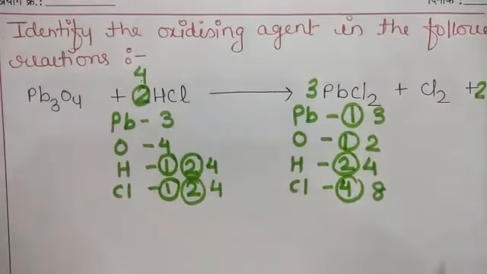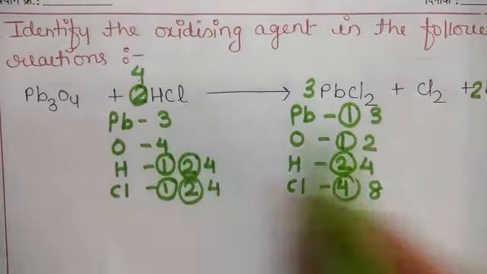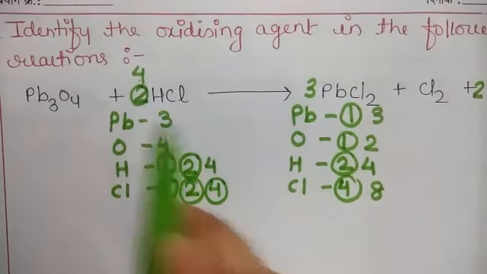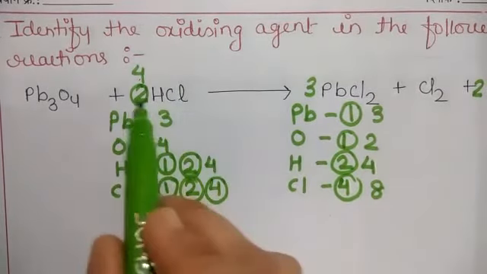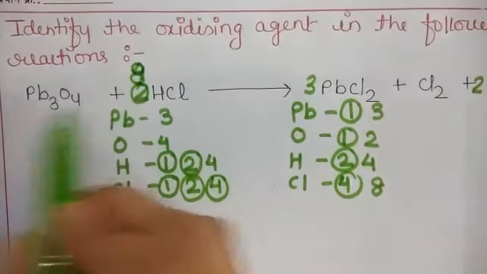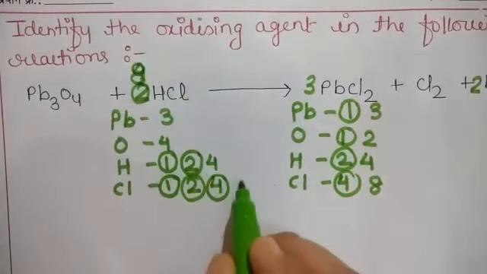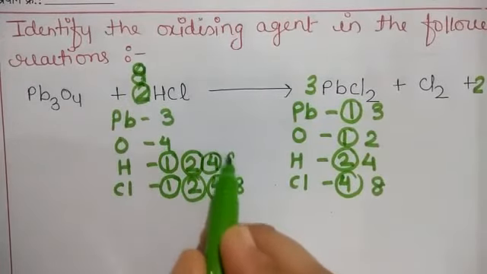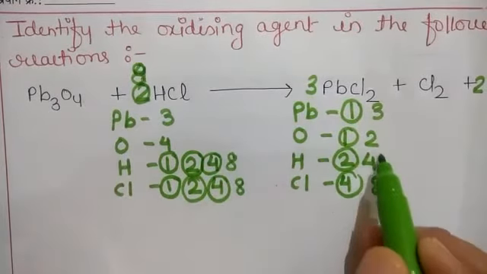Again you have to do balancing. See, here it is 8, then you have to check for this, because lead is now balanced. So you have to circle this 4 again and convert this 4 into 8, because if the chlorine is 8, this side also you have to make 8. And how can you make 8? By keeping 8 here, because if nothing is given and there is only one single element, then you have to directly multiply that. So the value is now 8. Now what about hydrogen? It automatically becomes 8. Here if you check the hydrogen, it is 4.